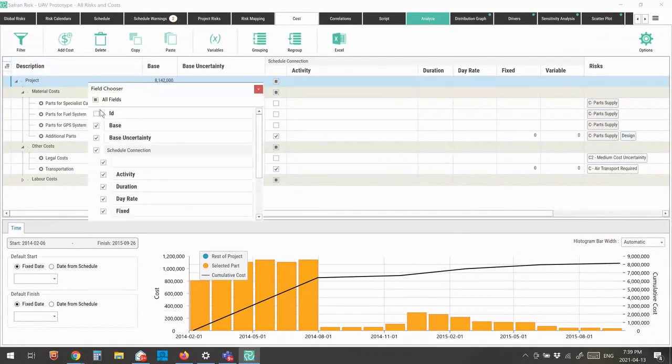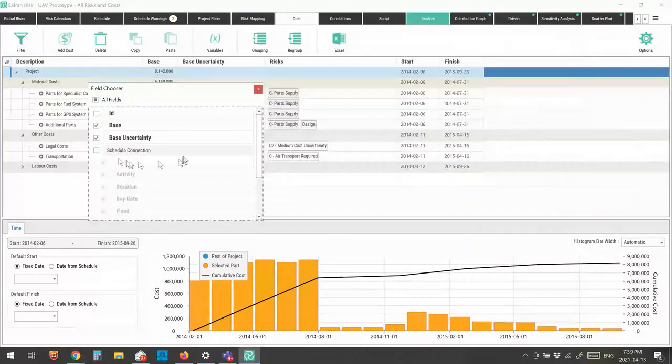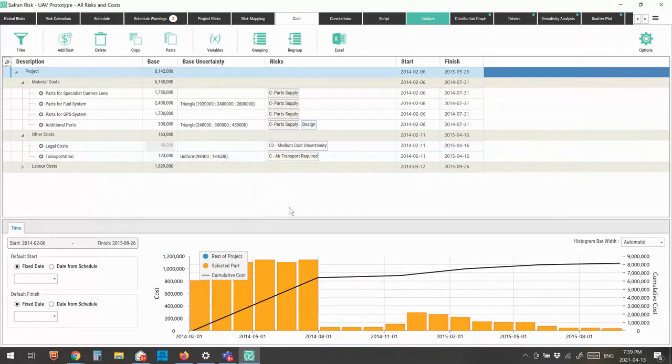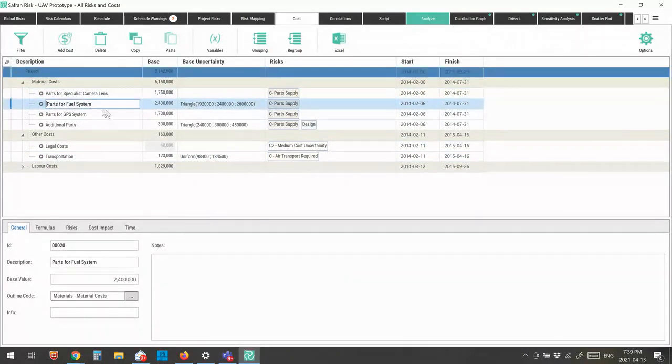So let's just start with just the cost model. I'm going to turn off the schedule connection. And let's just talk about the cost model. So now, if I take a line item in my cost model, for example, this is my fuel system line item. It's a $2.4 million estimate value. It has a base uncertainty. It could be as little as $1.9 million. It could be as much as $2.8 million. And I can see that,